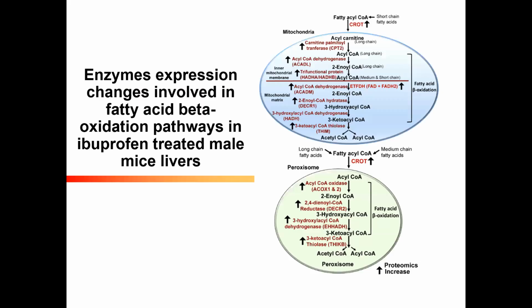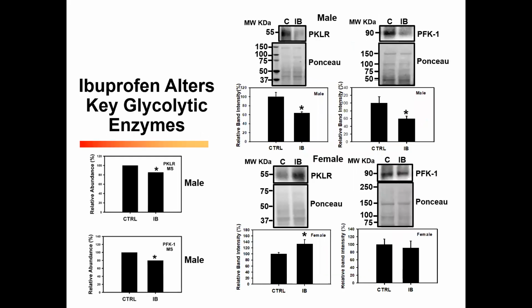So this is a summary of what we found with respect to the fatty acid. And you can see there where you see the up arrows, every single enzyme involved in both mitochondrial fatty acid oxidation and peroxisomal fatty acid oxidation will all increase by mass spec, and about half of them we checked by Western blotting. So this tells us a lot, because glycolysis is also affected,